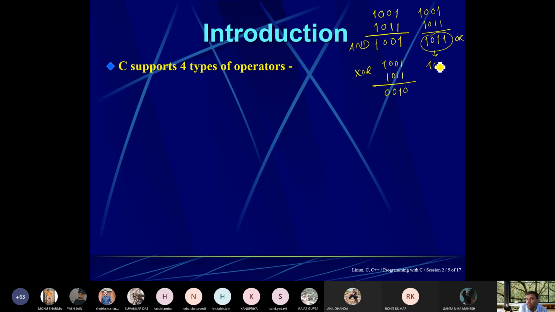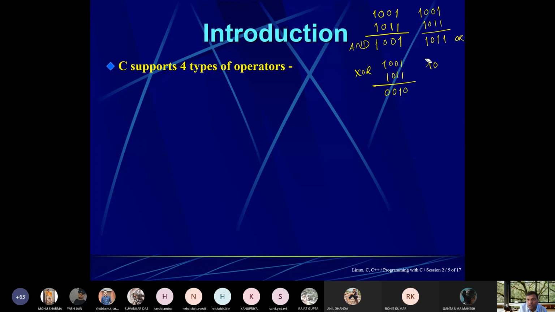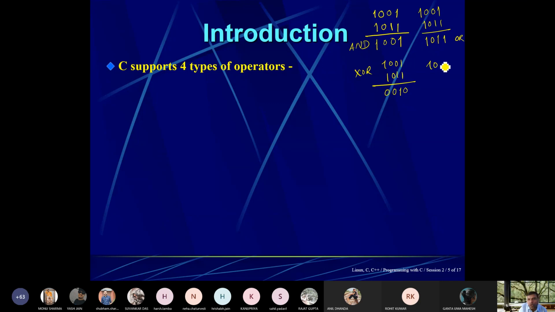Suppose this is your number 1 0. Okay, it will give you a problem when you are viewing this. So let us, okay, suppose one number is given, 1 0 1 1. Okay, so what is the complement of this number? This is simply 0 1 0 0. Don't go on 1s and 2s. This is just complement or not. So this is A and this is A not. Clear?